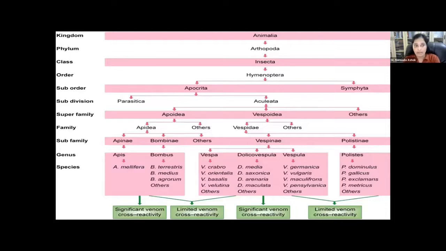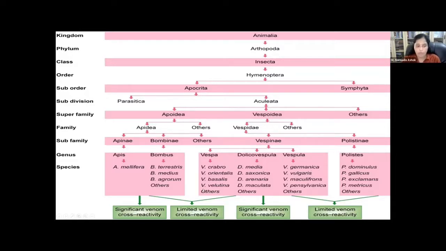Now, coming to the animal kingdom, what are the groups we are really interested in here? Hymenoptera is the order which we are interested in, and among Hymenoptera, though there are many families, we are particularly concentrating on the Apidae family, the Vespidae family and the Polistinae. These are the subfamilies we are really interested in. In the genus, it is Apis and Bombus, predominantly the bee variety. The wasp variety belongs to the Vespa groups and the Vespula groups, and the paper wasp comes to the Polistes group. These are the genera we are interested in.